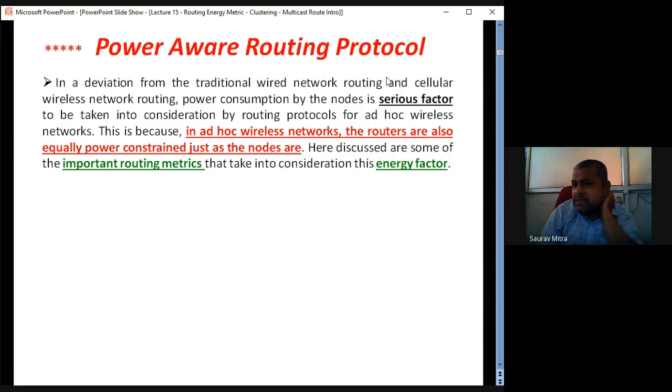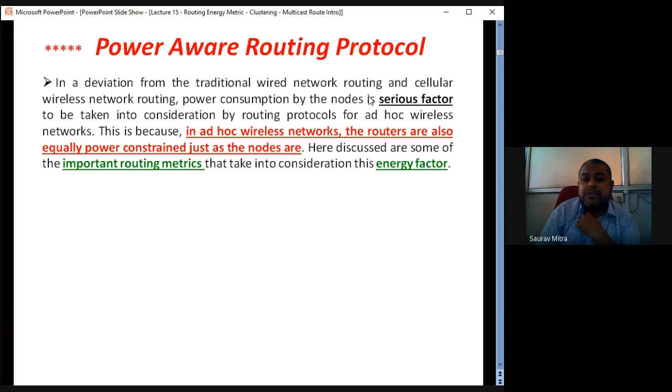So it's a 5 marks question mainly. The main 5 metrics are asked in power aware routing protocol. So you have to explain all those 5 points very clearly. So in a deviation from traditional wired network, there is a wired network and this is wireless ad hoc